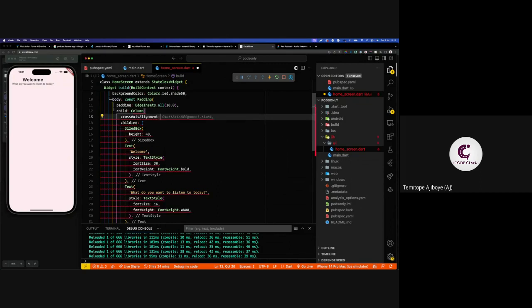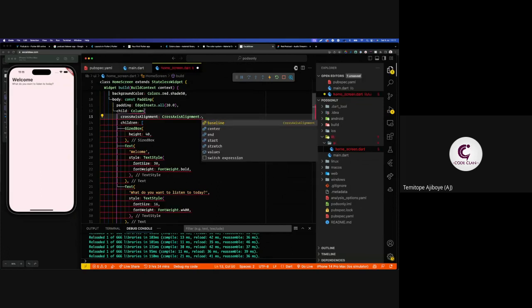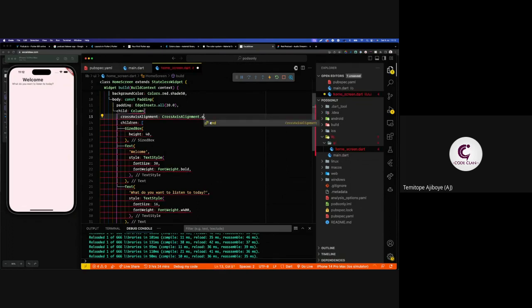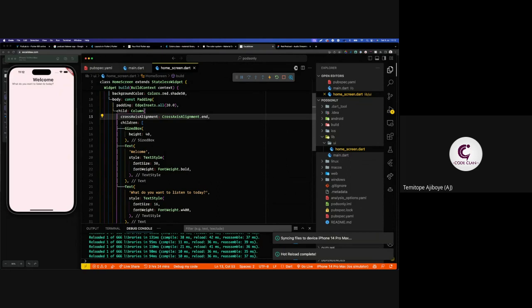You can put the alignment to start, like you want all the children to start from the left. And when you do that, yay, bingo. There are also some other options. You can do dot center, which is the default, or you want it to go to the end. Okay, so now this gives me